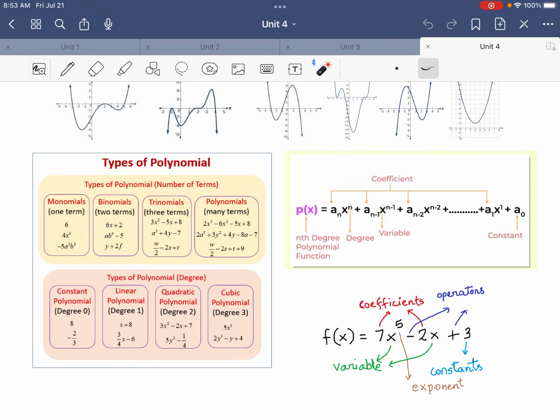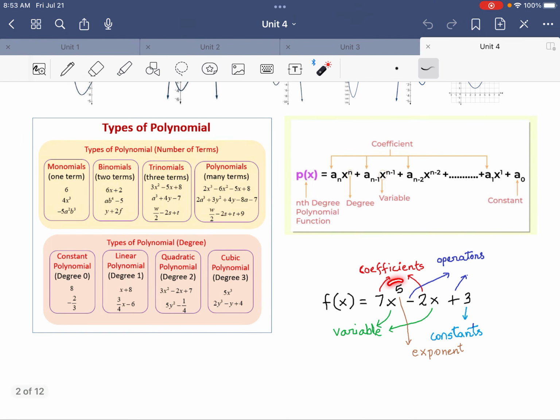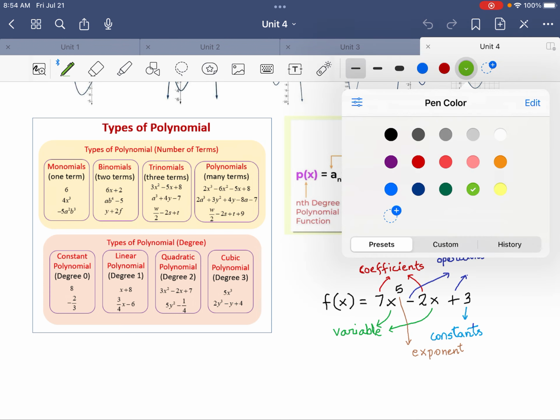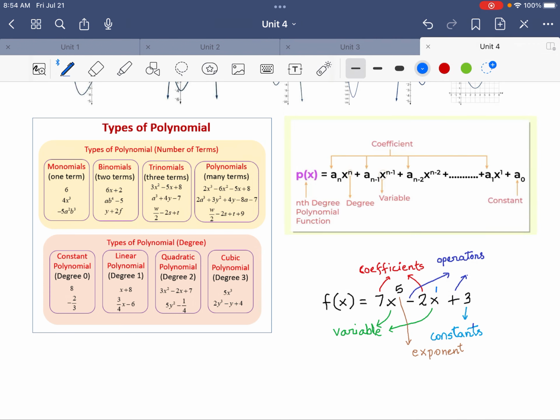So first, some words that go with polynomials. When you look at a polynomial, the highest power, the highest exponent, is called the degree. Actually, there's another exponent right there as well, so there should also be something going right here. That's an exponent. So when you look at your problem, the highest exponent, usually it's the thing in the first spot, but it doesn't have to be in order, is called the degree